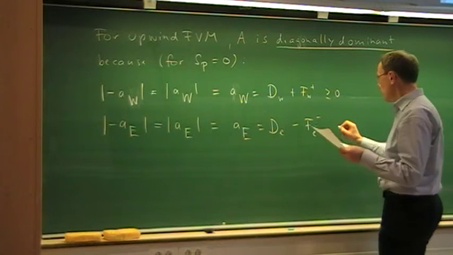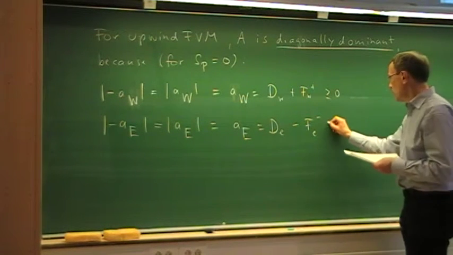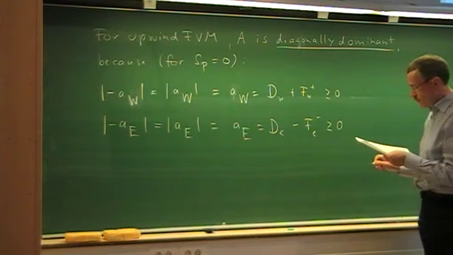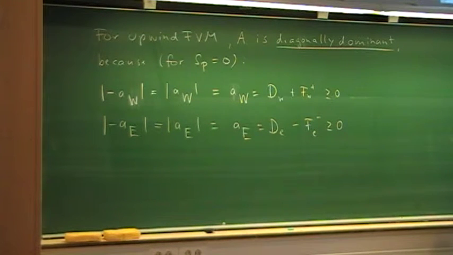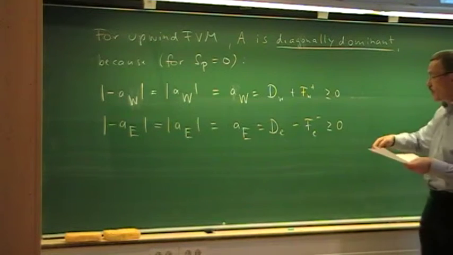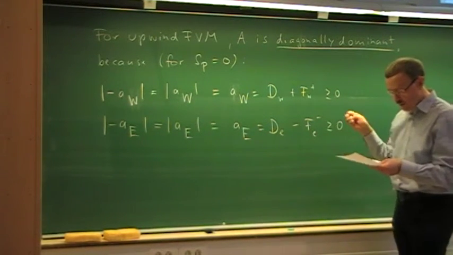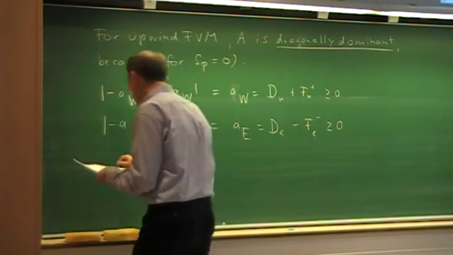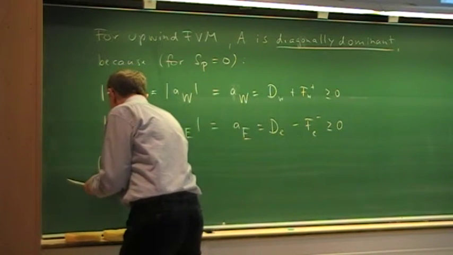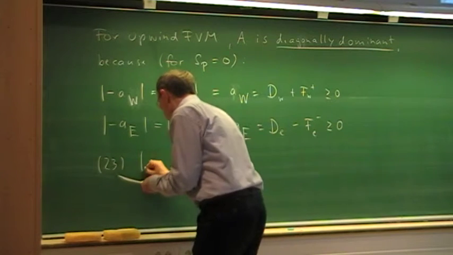And we had already also argued that this is greater or equal than 0. In any case, the sum of AW and AE will also be larger or equal than 0. But now the point that we want to make is that the center coefficient,